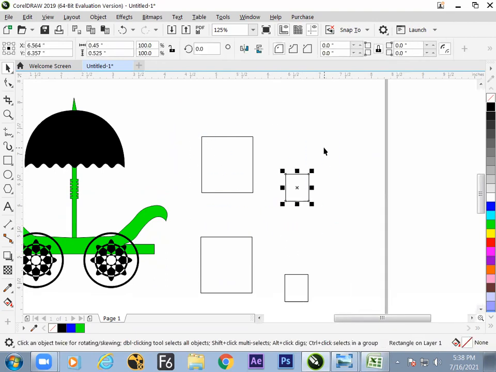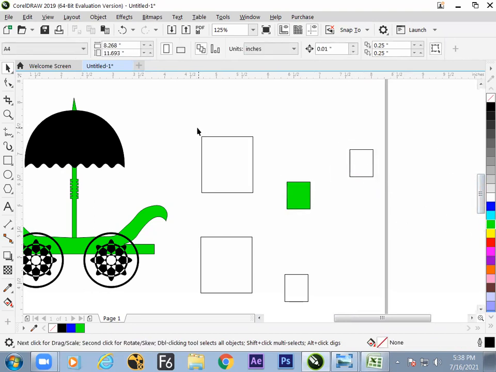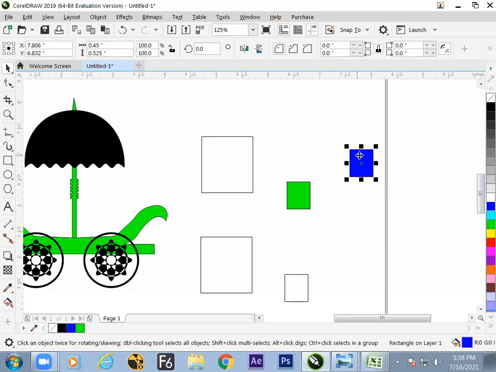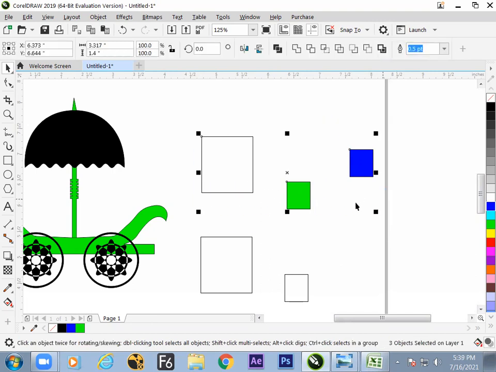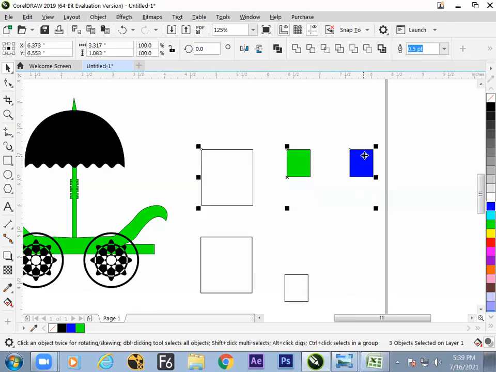So let us take an example now. The top object is different in different places, but we need all these objects to be aligned to this object's top side. So what you can do: select all of this. If you hit T now, then the overall top side is taken into account. But if you need this to be the target object, then deselect this by hitting the shift button. Again, select this with the shift button. Then the software will remember this is the last object. Now hit the button T, and it will come to the blue color's top side. Blue stays at the same place, it doesn't move. White and green are moving.